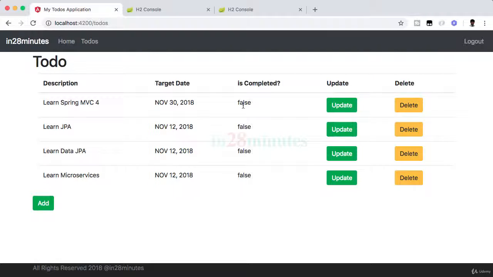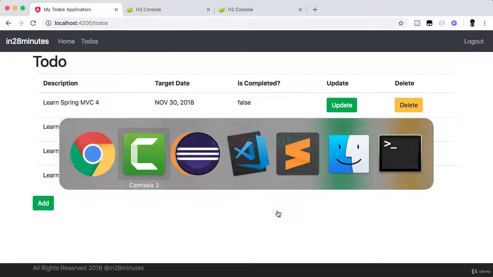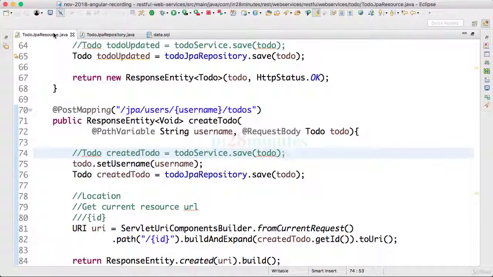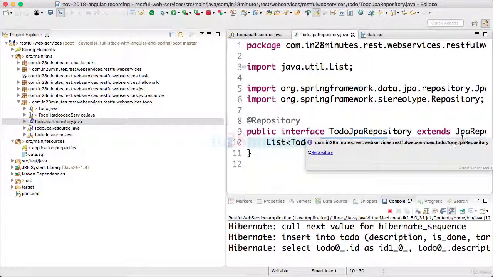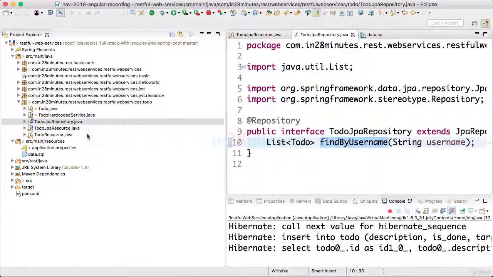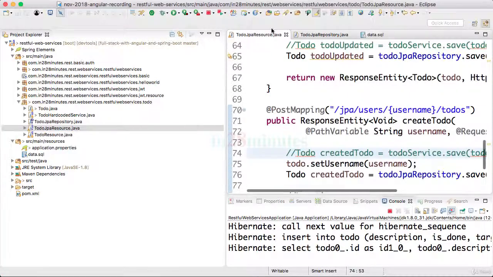In the last few steps, we did all that is needed to connect the application, the backend, to a database. We saw that it was really easy. We just needed to create an entity. We needed to create a JPA resource and a JPA repository. JPA repository was a Spring Data JPA feature which allowed us to have the resource talk to the